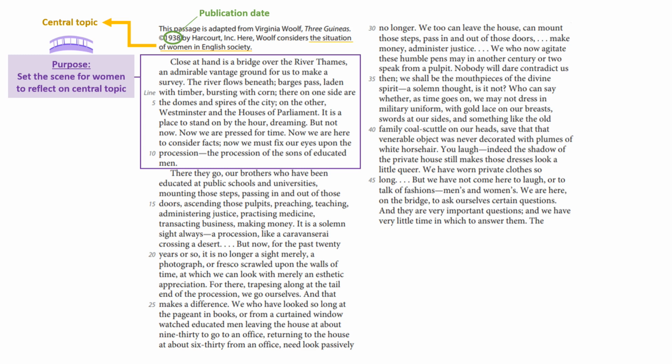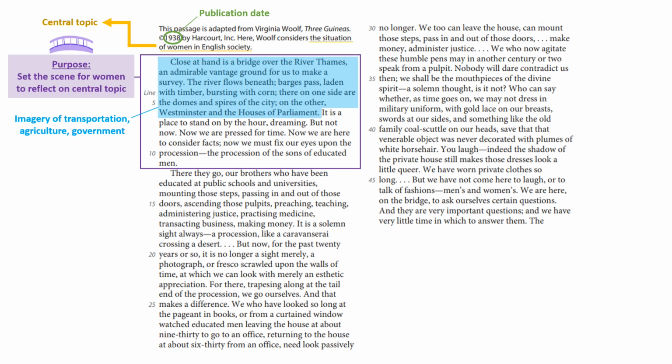The author starts painting a picture of a bridge over the River Thames so that the reader can visualize themselves standing there and thinking. This highlighted section is an example of imagery that describes transportation, since the author mentions barges, as well as agriculture and the government, since the author points out Westminster and Parliament, which is the British legislative body. This imagery creates a picture of a city bustling with different industries.